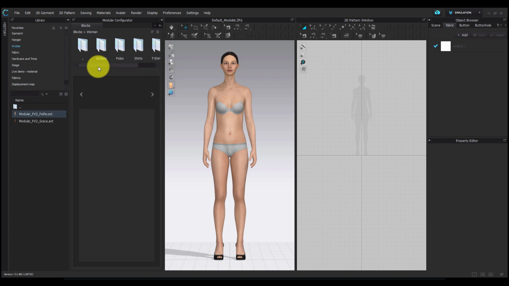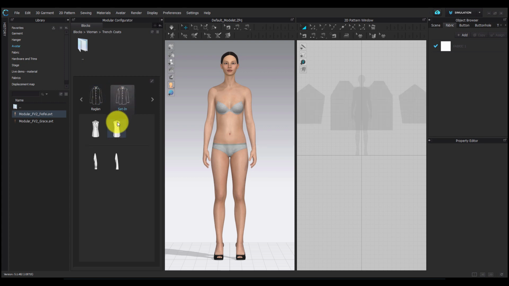As you can see, we have a few garment categories present here. We have shirts, polos, t-shirts, and trench coats. I'm going to go ahead and explore the trench coat and use the preset combinations. As you can see here, they are divided on the basis of their sleeve. You have the raglan and the satin sleeves.